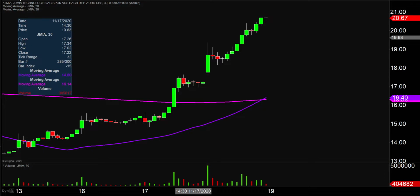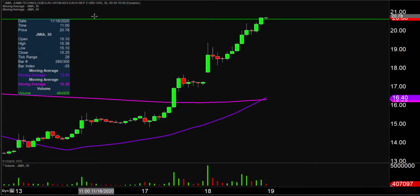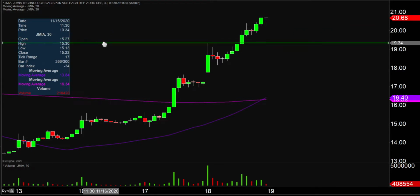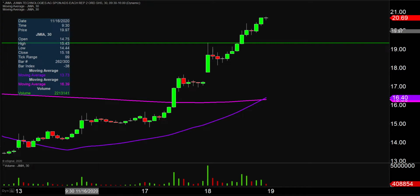First area of support is what I would call the ideal level. You say, Clay, what would make this chart look the absolute strongest going forward? And that would be if the price could stay up here above $19.35. Now, don't get me wrong, if the price falls below $19.35, that does not mean the entire chart's destroyed or ruined or anything like that. But yeah, if the price could manage to stay above that area, that would certainly be a great sign of